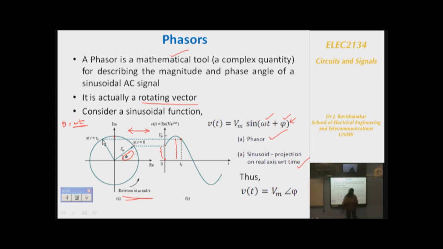Actually when you represent it as a phasor, we don't put V of t, we give a vector notation. We put a bar there, V bar. So that is Vm at an angle of phi. This Vm is the magnitude of the AC and this phi is the angle of the AC. Vm at an angle of phi. Most cases